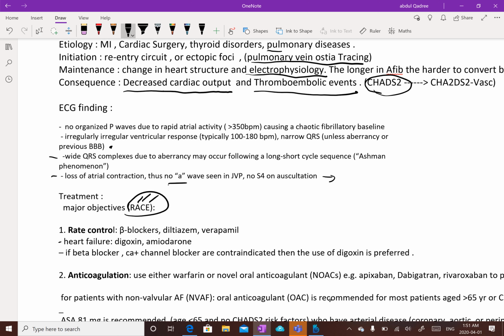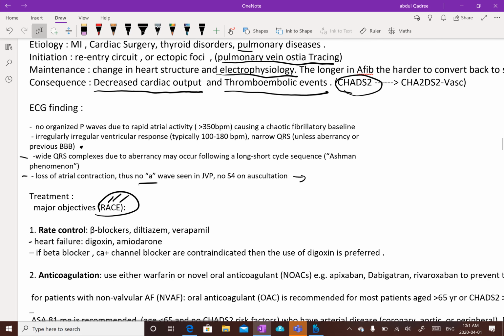You can use that. When it comes to anticoagulation, remember, ladies and gentlemen, we have to anticoagulate these patients because of thromboembolic events that can possibly happen due to the formation of an embolus, which can dislodge and go to the brain vasculature and cause strokes. So we can use warfarin or novel anticoagulants, for example apixaban, dabigatran, rivaroxaban, to prevent